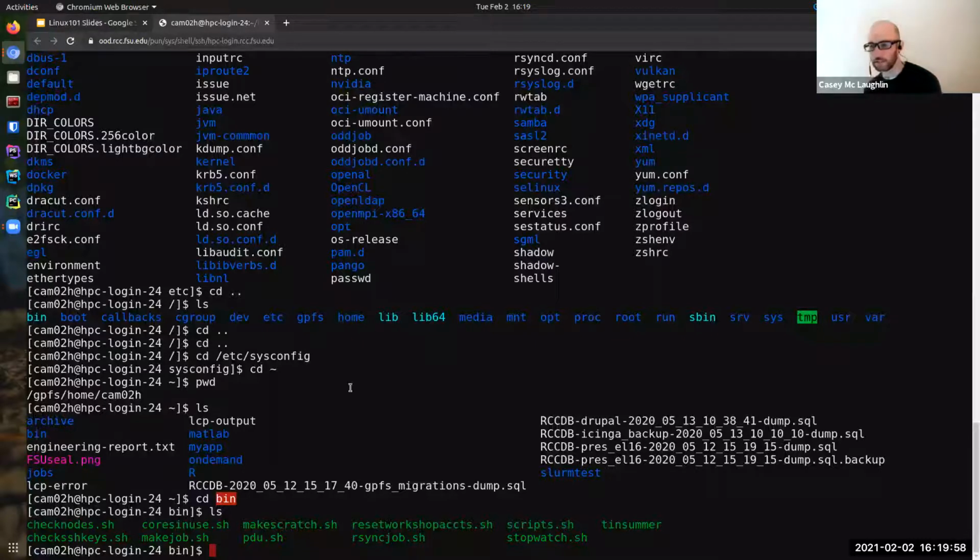Notice that they're green. We'll get to that probably next week, or this Thursday rather. But I want to show you one more command, the list command with the -l option.